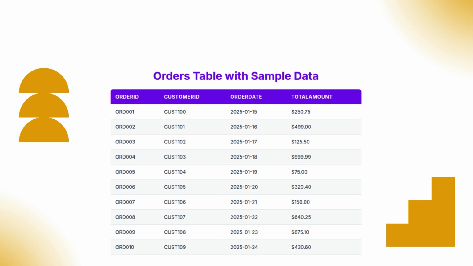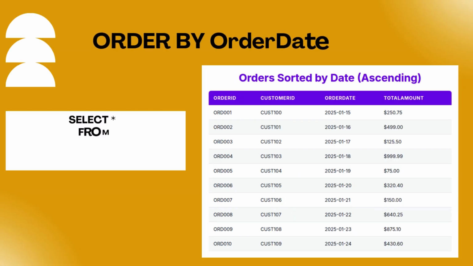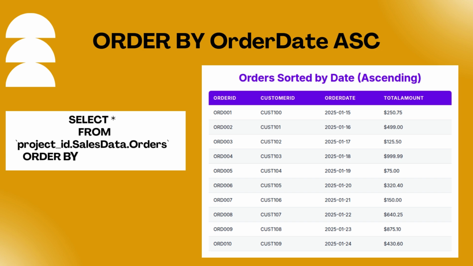Suppose we want to arrange the orders by their order date, starting from the oldest to the newest. The query looks like this. Select from project_id sales data orders order by order date ASC. Here, ASC stands for ascending order, and it's also the default if you don't specify anything. So the result will start with ORD001 on January 15, 2025, and go all the way to ORD010 on January